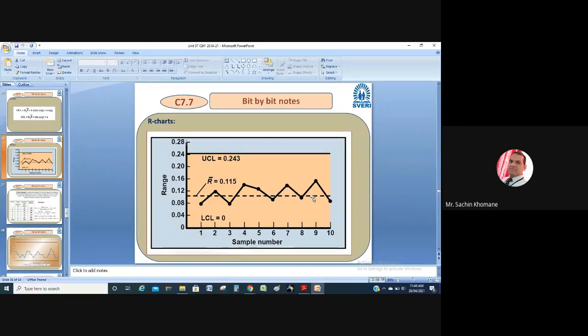So generally, while drawing the control chart, one more thing you have to remember: the mean line, or you can say X bar line or R bar line, should be a dotted one. Okay, that you can say is a convention that you have to follow. It's done. Be fast.